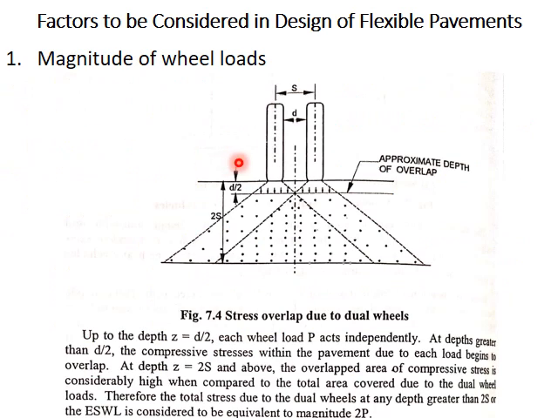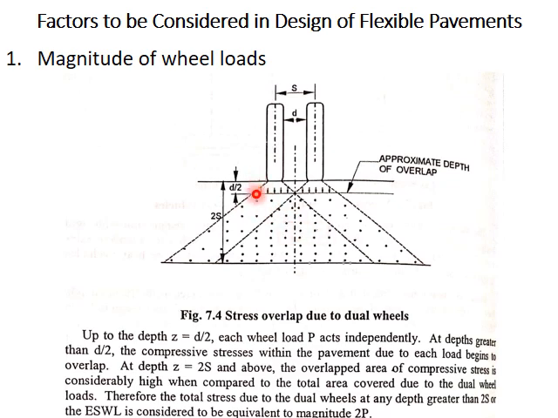In this figure you can see a dual wheel arrangement, that is, two wheels fixed at one end of an axle. Capital S is the distance between the centers of the two wheels in the dual wheel arrangement. D is the clear space between two wheels. Okay, and you can see that up to a depth of D by 2, the effect of each wheel is exclusive of each other. That is, in this area the effect of this wheel load is experienced, and in this area the effect of this wheel load is experienced. Below a depth D by 2, the wheel loads overlap.